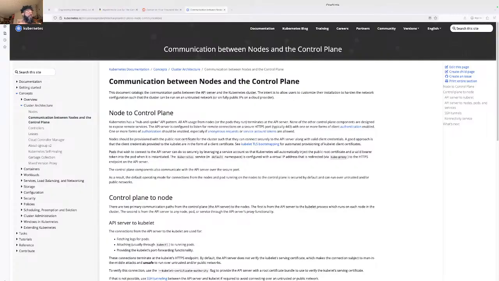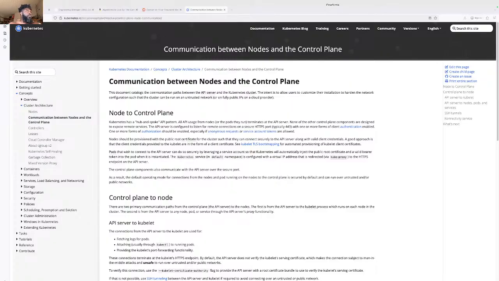One or more forms of authorization should be enabled, especially if anonymous requests or service account tokens are allowed. Nodes should be provisioned with the public root certificate for the cluster so they can connect securely to the API server. Pods that wish to connect to the API server can do so securely by leveraging a service account. All right, so what's happening? Okay, so this is the communication.